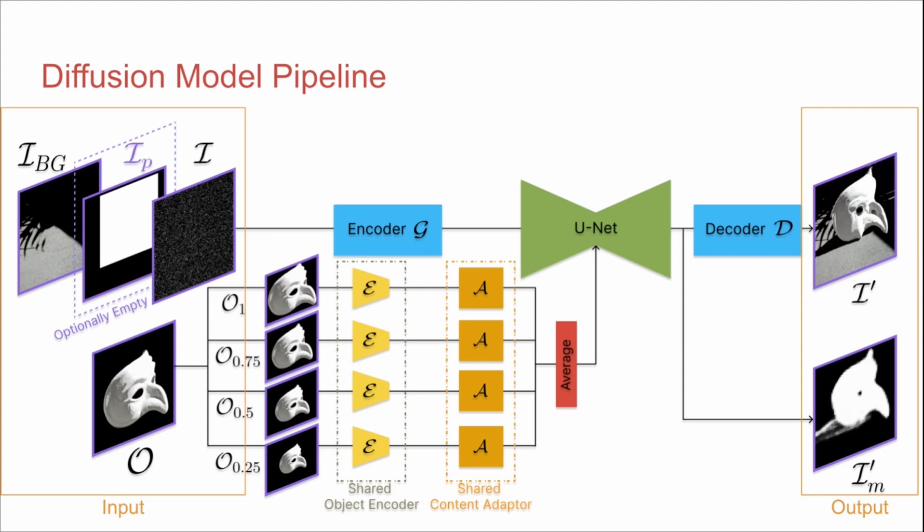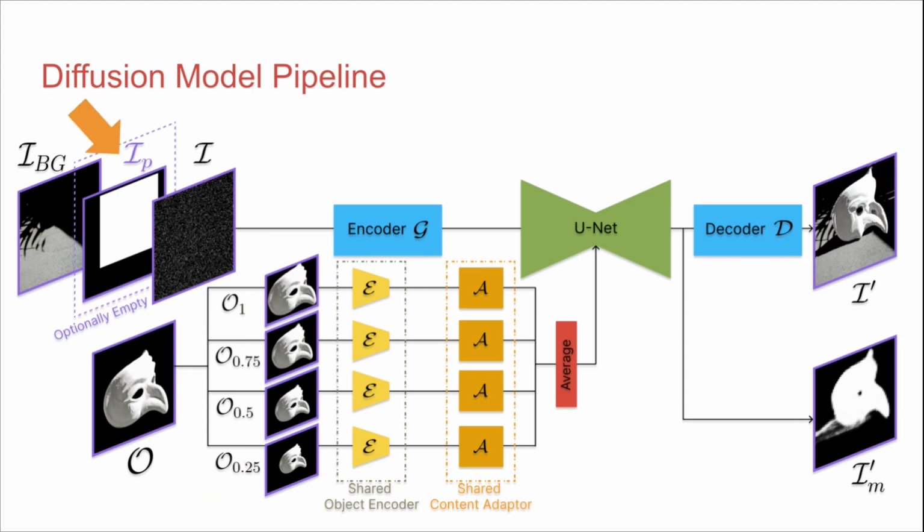When training, the provided ground truth mask is slightly perturbed to prevent the model from learning a one-to-one correspondence between the object and the mask. Instead, it learns to use it as a rough guidance for location and scale, while allowing small adjustments that increase realism and quality of the generated image. Additionally, with 50% probability, we replace the input mask with an empty one to ensure the model can also perform mask-free. We additionally incorporate a multi-scale approach into our generation pipeline for improving our model's ability to generate natural and